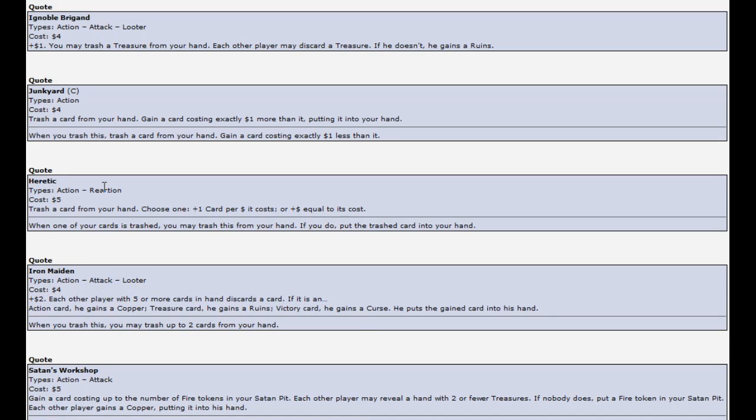Okay, Junkyard C. Where's Junkyard Wars going to come up? Alright, trash a card from your hand. Gain a card costing exactly 1 more than it, putting it into your hand. So it's half of a remake or a non-cantrip upgrade. But you got to put it in hand. And then when you trash this, trash a card from your hand, gain a card costing exactly 1 less than this. Whoa! So 3 of these turns into